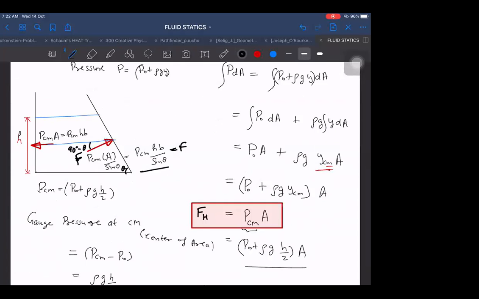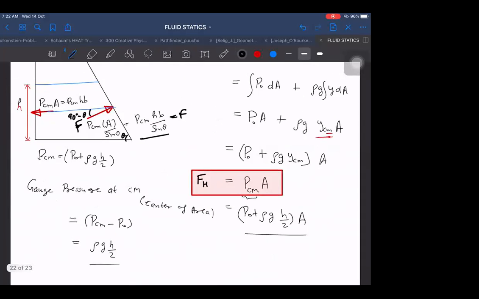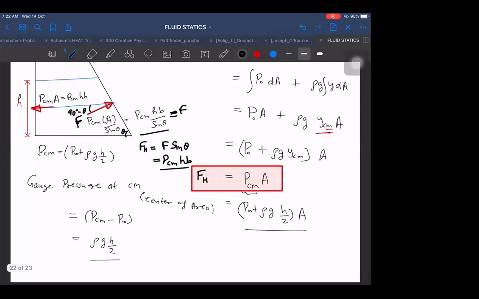Then this is force F. What will be the horizontal component of that force? Horizontal component FH will be F sine theta. If I multiply by sine theta again, then I get the same force as for the vertical wall, meaning the horizontal force on the left wall and on the right wall is the same. And I told you why it is the same. Yesterday I told you a little bit. I told you if it is not the same,